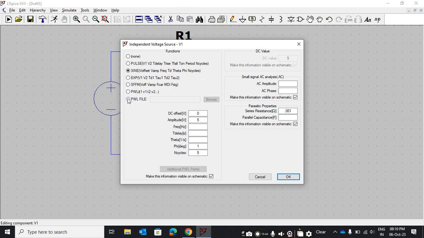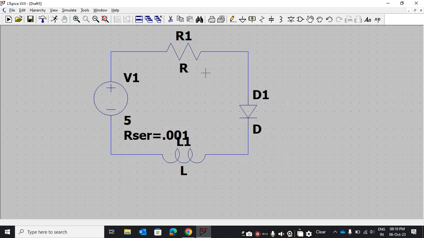I am just telling you the basics to simulate the basic circuit. Only the square wave, pulse generator, sine wave and DC source you must require to simulate most circuits. Okay, so I set it on the DC source, and okay here, so it's set.